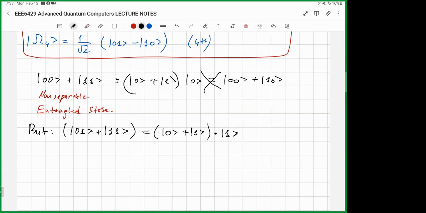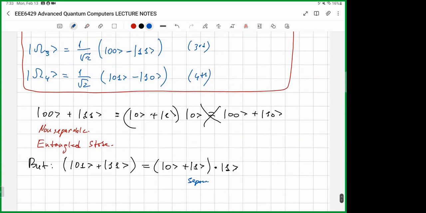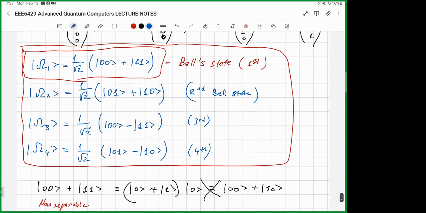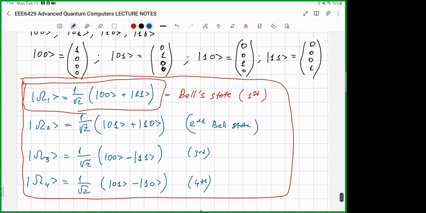So I separated this state. This is a separable state and has no entanglement. It's not entangled. In contrast to this one, the Bell state is non-separable. And what is more important is that it is correlated, and non-separable, but in some sense completely non-separable,